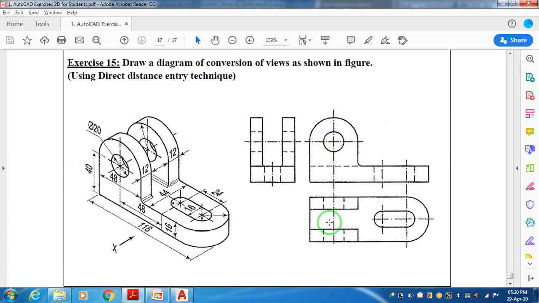Here again your own. Now here you can see some rectangles. These are the webs. When you are looking from the top, even though they are semicircle from the front side, when you are looking from the top, they will be looking like a rectangle, right? This rectangle, how you can draw? 48, 12 width, right? Now let's start from this corner, right?